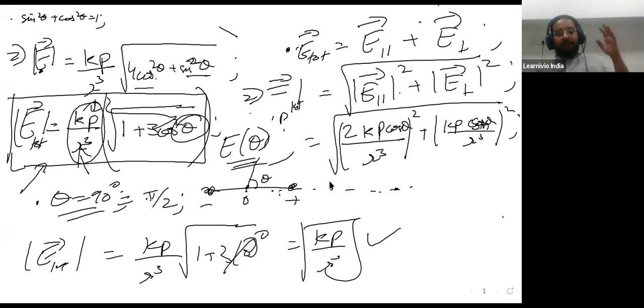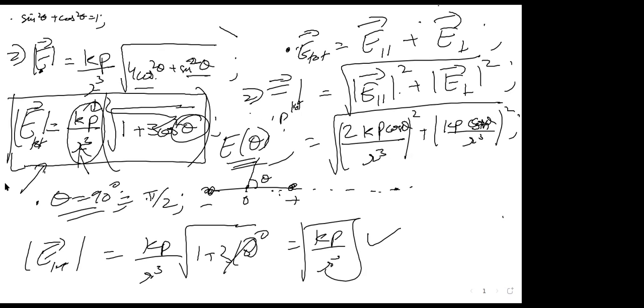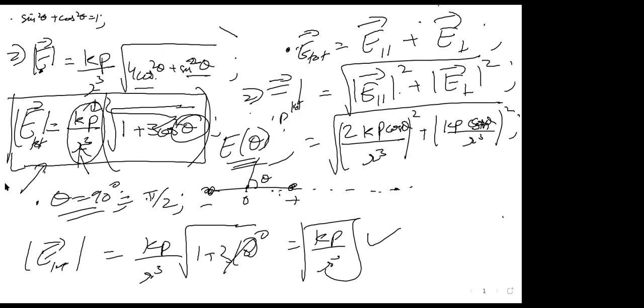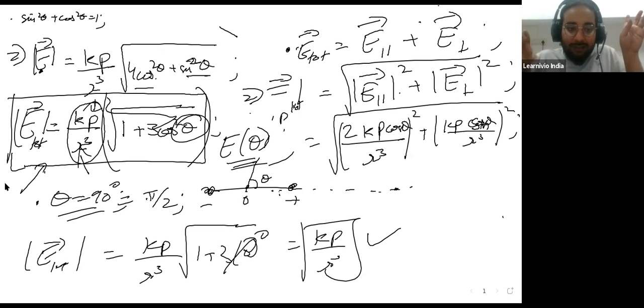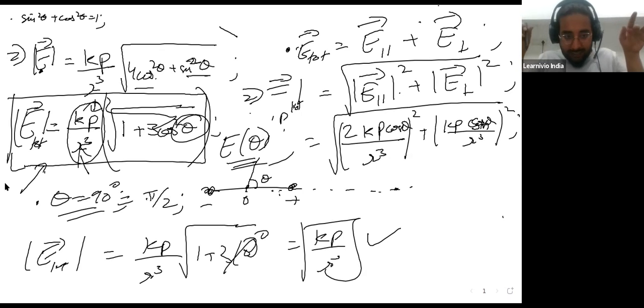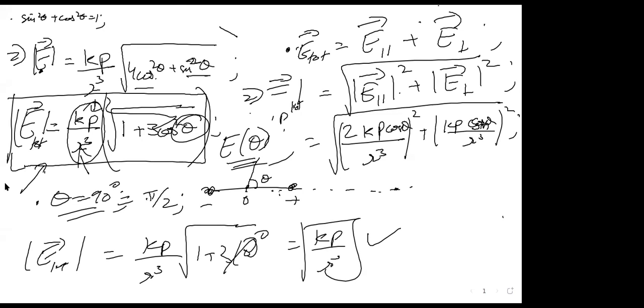Okay, where were we? Yes, we just calculated the magnitude of the net field that you will have around a dipole, so you have it in any direction. And what I was saying is that it's always a good habit to plot these things. So go ahead and not only do a one-dimensional plot. There are some more sophisticated softwares to essentially do a two-dimensional plot. Learn a bit of Python also. It's a nice thing. Python already has functions to plot. You can open Jupyter. You can just write a small code to plot a two-dimensional thing, give some value for k, give some value for p, and see how the r and theta essentially vary in 3 dimensions. That's always a good thing.